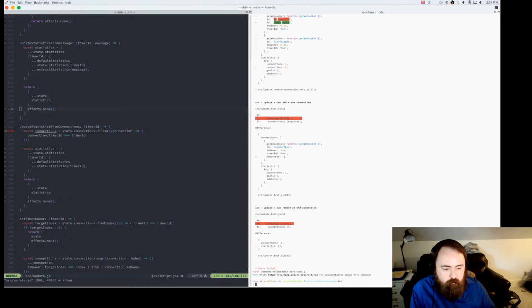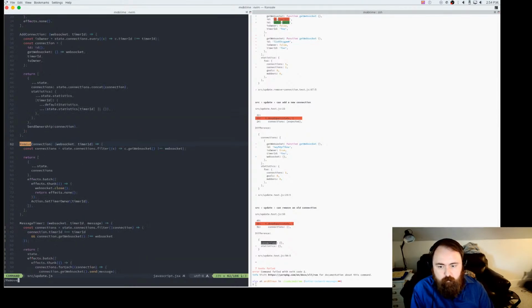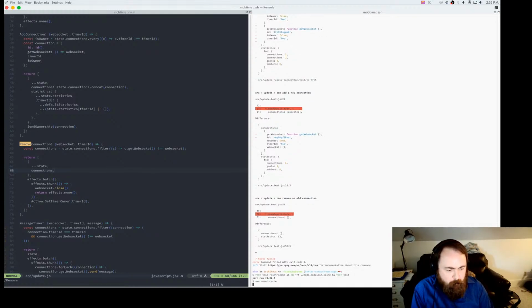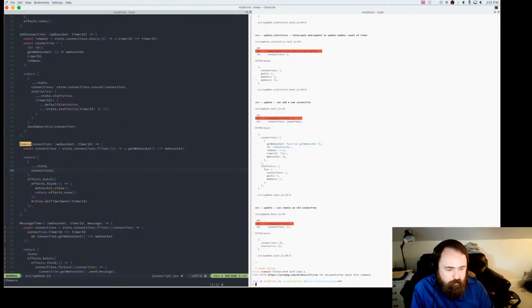Okay, so anyway, that's not being used yet, and that should be fine. So we're going to rerun this. So we're removing an old connection. It still thinks that we're adding statistics. So remove connection, that's just connections. So let's do the old yarn test reset cache and rm -rf node_modules/.cache. For some reason, Ava occasionally is not very happy about removing cache.